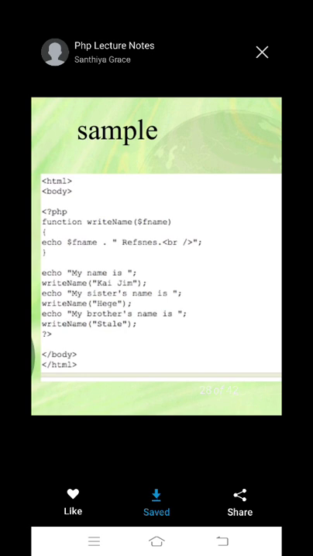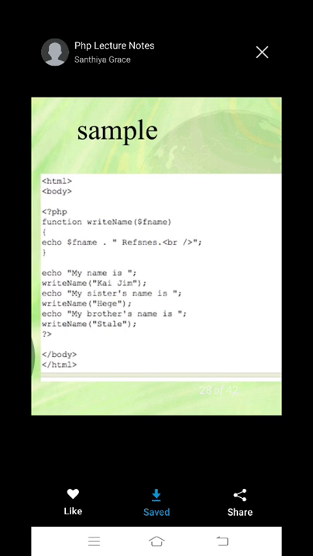Next, echo "My sister's name is", and again you call the same function, writeName("Hege"). Hege is $fname, so you get "My sister's name is Hege references". Next, "My brother's name is", and again you call the same function, writeName("Stale").